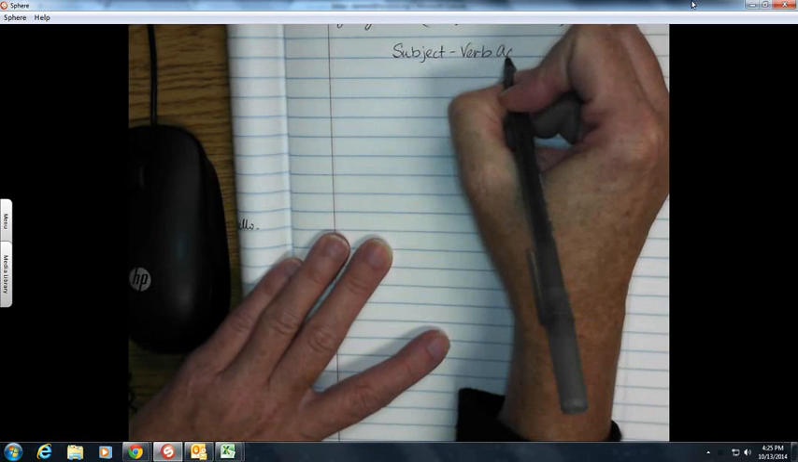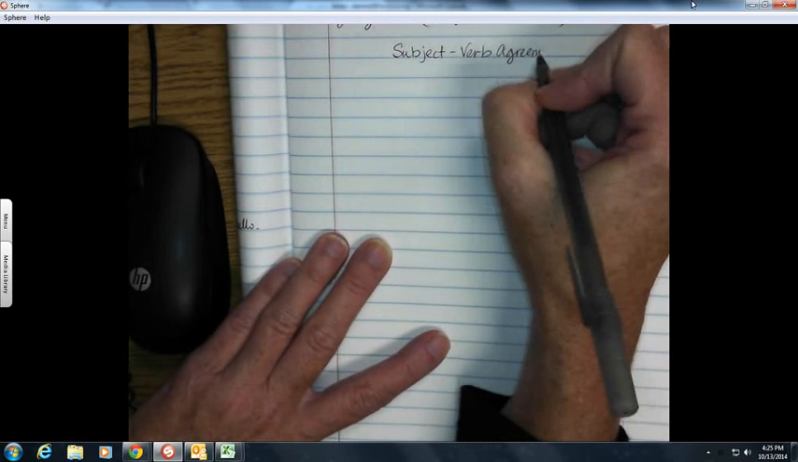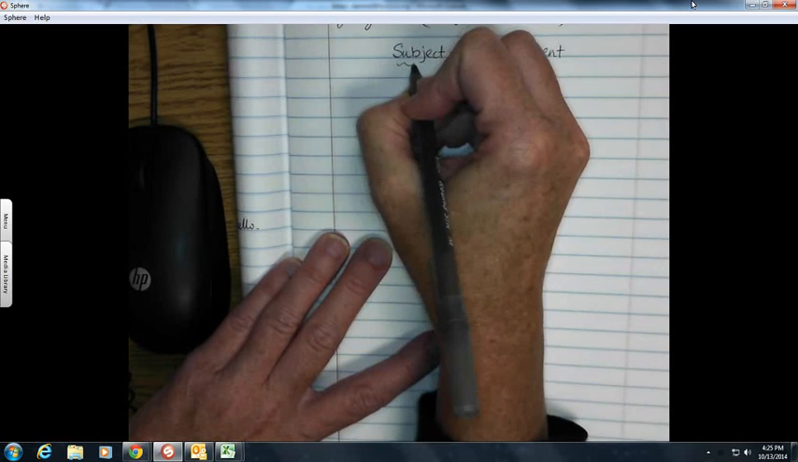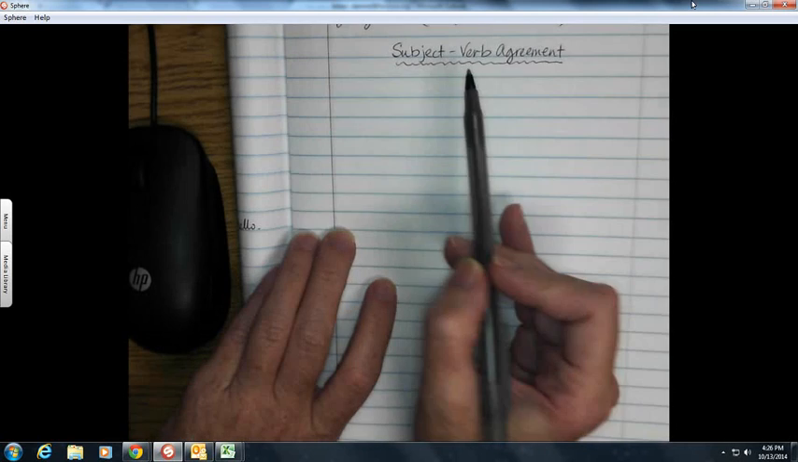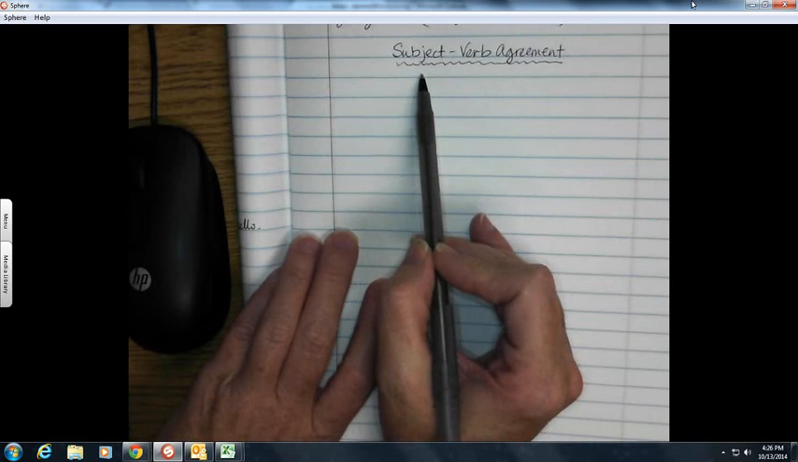Now, as you're taking notes, I encourage you to write what I write. I also encourage you to come up with your own shortcuts if you'd like. As you become more efficient in taking notes, you'll find that you might write the same words over and over, and it's great if you can come up with your own shortcuts as long as you know how to read them later. So subject-verb agreement means that we're going to make sure that the subject of our sentence agrees with